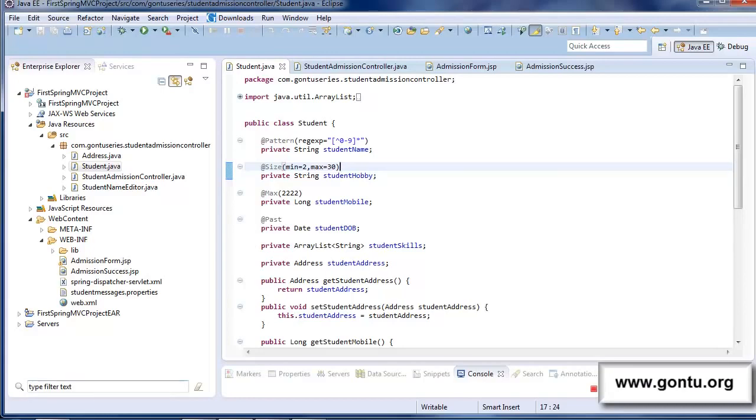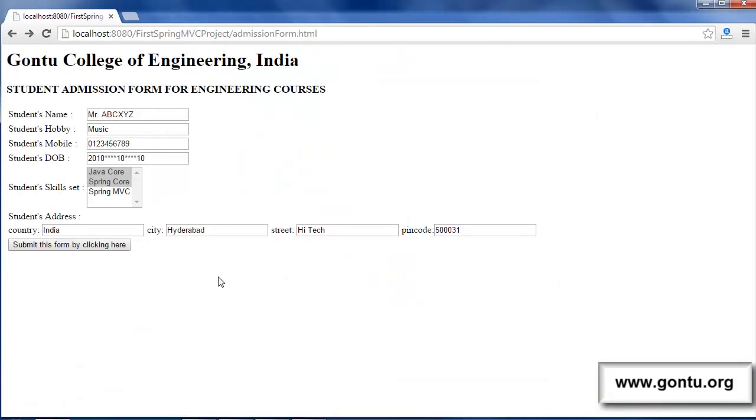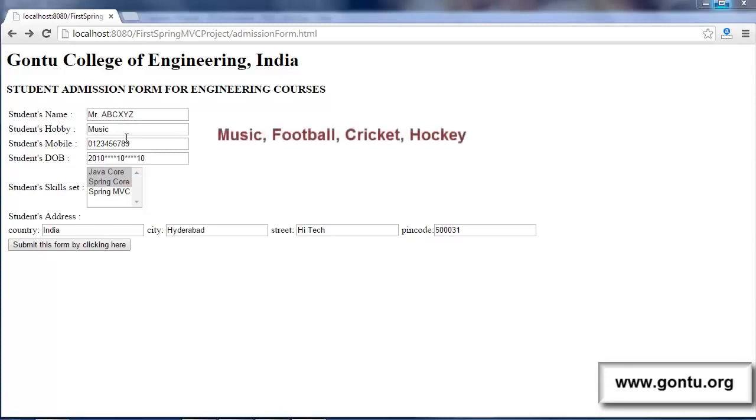Guys, what if in this application you have a very special and a unique requirement? What you want is whatever value the user would provide here in the student hobby field, that value must be a valid hobby. What I mean by this is if the user provides a value in the student hobby field which would match with any one of these values which you are seeing on the screen and submits the form, then it's all okay. But if he provides a value in the student hobby field which is not present in this